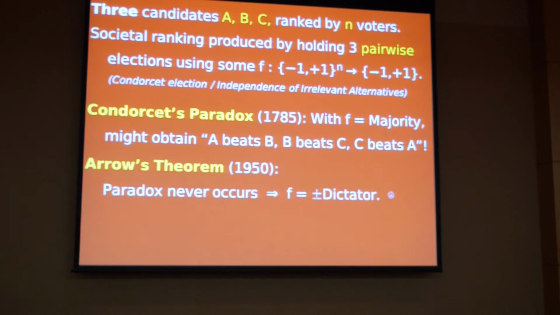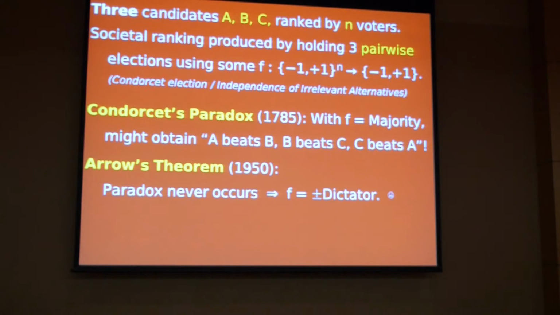This is a famous theorem, Arrow's theorem from 1950. It was his PhD thesis, and it kind of kicked off the field of mathematical social choice, with a negative result. He showed that it is possible to choose an f such that these impossible outcomes never occur, but only if f is a dictatorship function, or a negated dictatorship function. So, as I said, this started social choice off with a very negative result, an impossibility result, though these days we're not so worried about this as a negative result. Okay, so Arrow proved this